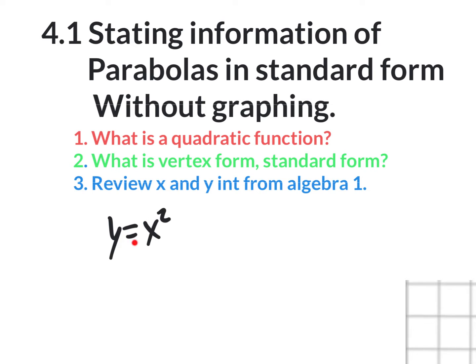We know that this parabola has a vertex at 0, 0. We know that it opens up. We know that the coordinates are 0, 0, 1, 1, 2, 4, 3, 9. We actually get that pattern of 1, 1, 2, 4, 3, 9 from this parent graph parabola, which is a quadratic function. Any equation that's quadratic is technically an x squared. It doesn't matter if it looks like this right here, or